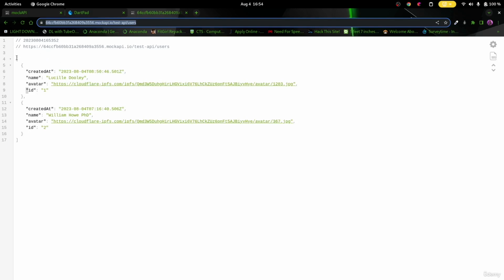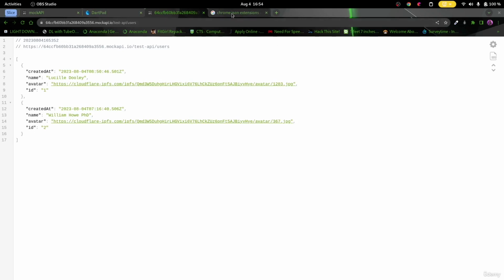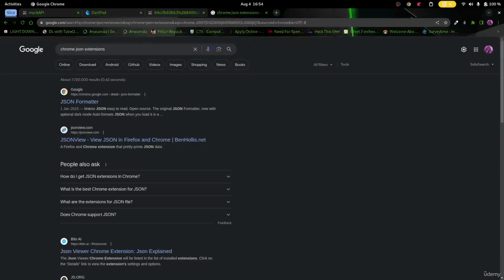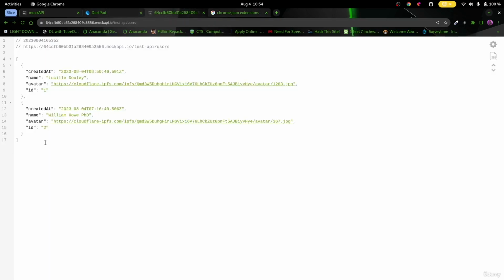If you want it to be formatted this way on your browser whenever you visit this, you use an extension. I have an extension, I've forgotten what it's called. I will find that extension later, or you can just search for JSON extensions. So you can just Google Chrome JSON extensions and you can see JSON View. I think I'm using this one, and you can install it into your Chrome. And whenever you visit any endpoint that will return a JSON, it will format it this way and it looks